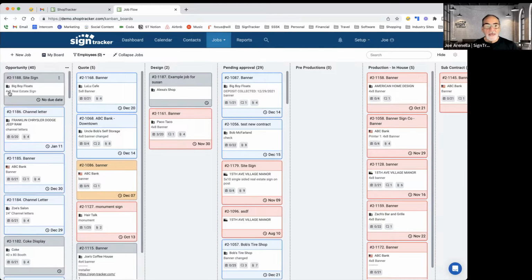The reason we have it set up as a job is that, especially in the sign and graphics world, there's always something you have to do, or documents or logos you have to collect. It was just easier to set it up where it would be considered a job. And if you don't get it, archive it. It doesn't hurt to have it forever, because you never know if they're going to call you back. So now we have this job set up, it's in opportunities, and you can start doing things through it. But before we go back into that and I show you all the stuff you can do inside of a job,